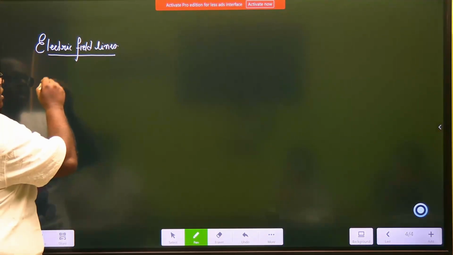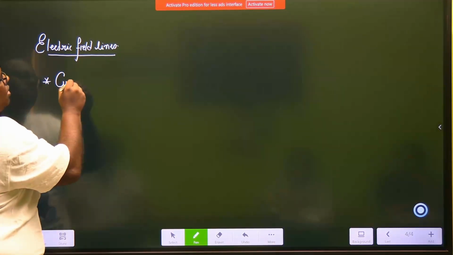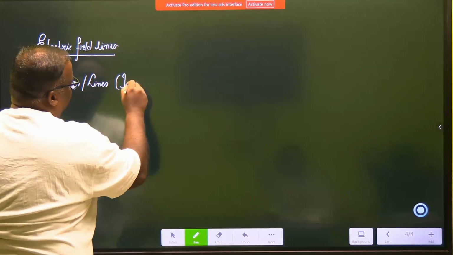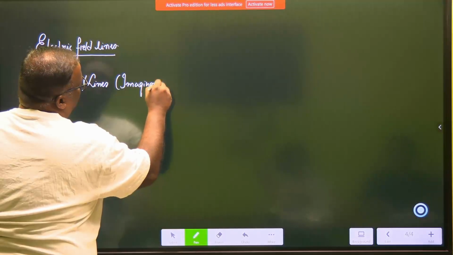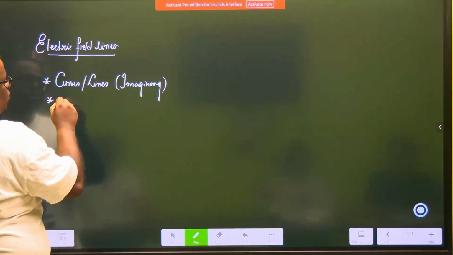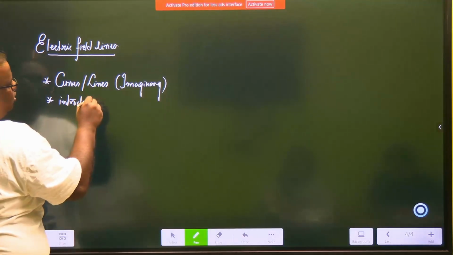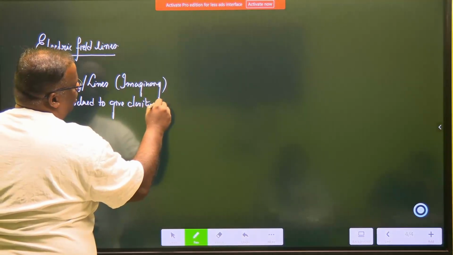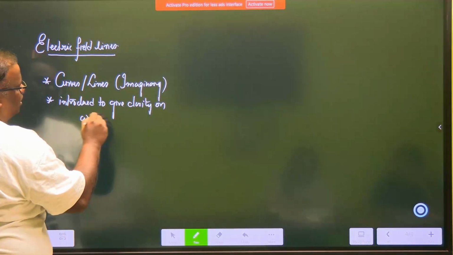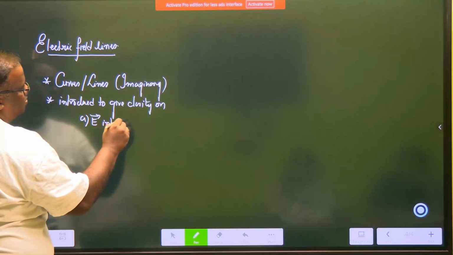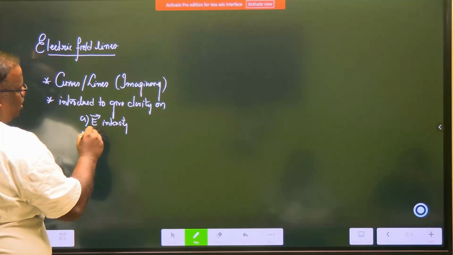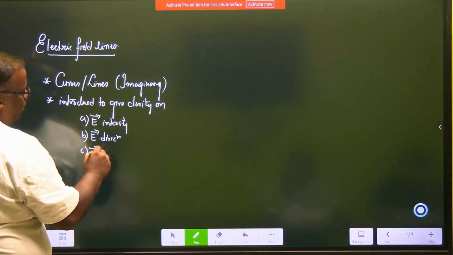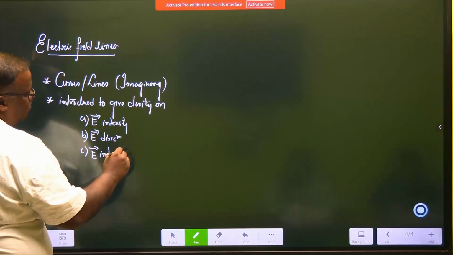What are electric field lines? They are curves or they can be lines. And why? These are all imaginary, or hypothetical. They have been introduced. Why have they been introduced? Introduced to give clarity on A, maybe electric field intensity, B, also the electric field's direction, C, electric field intensity comparison